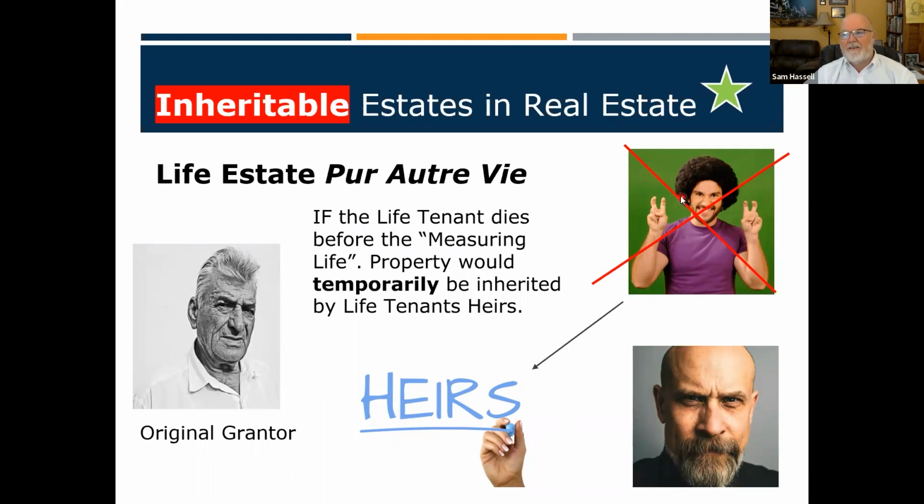So the kids can stay there as long as dad is alive. If dad dies, kids got to go. Mom's got to go. It's going to revert back or otherwise. Can you make a life tenant the remainder man? You might be able to in this particular case, right? Because if the measuring life here is dad and dad dies, then yeah, he could get it.